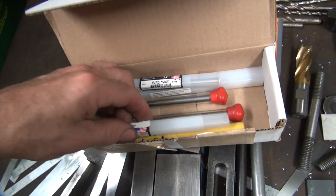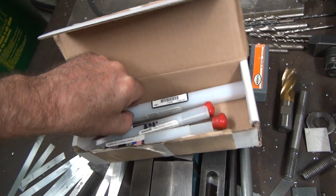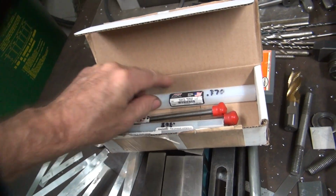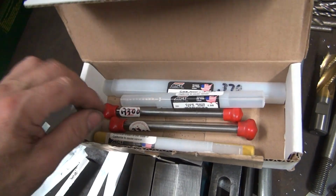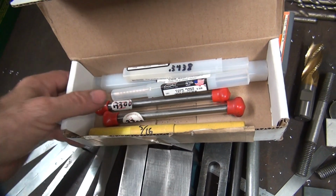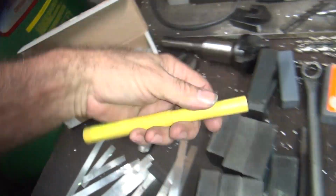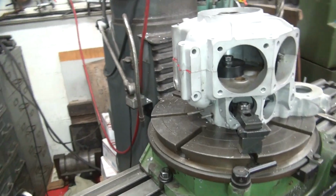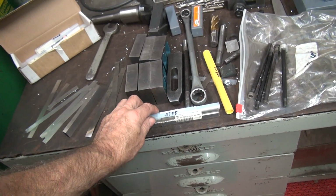So then I got some other ones here that are for other things. I don't think I have a drill, I think all I have is reamers. 330, that's 370. 308, 330, 5/16. Alright, so this is what I got to work with. 5/16 is a carbide drill. In case I need a long one to go all the way through, I can use that. Alright, so basically,